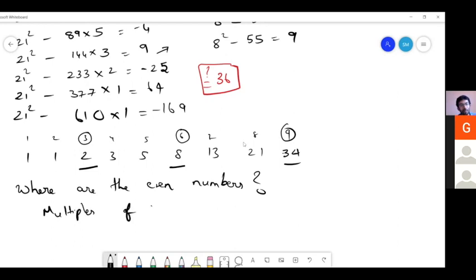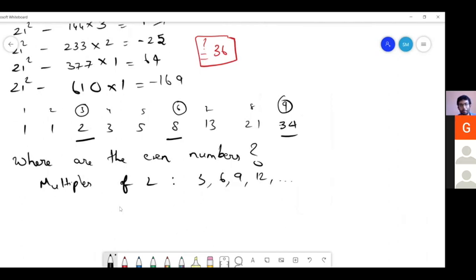Multiples of 2 are occurring in the positions which are multiples of 3, right? So why is this happening here? Yes, the Fibonacci sequence starts with 2 odd numbers, right? So first is an odd number, then the next is an odd number. So their sum must be even. Excellent. Then the next 2 numbers must also be odd, because you are adding one even number with another odd number. Excellent.